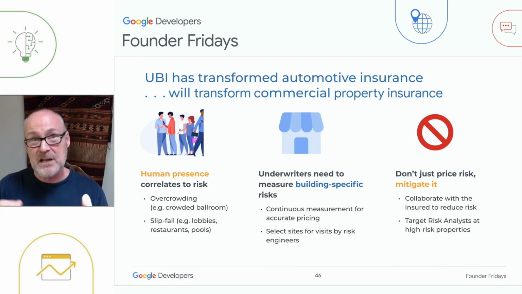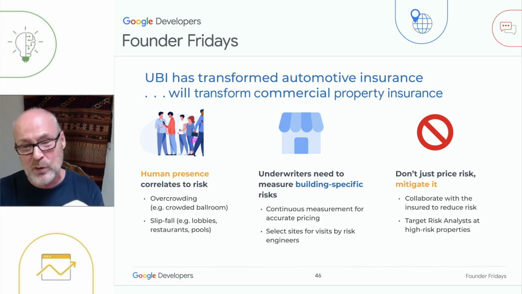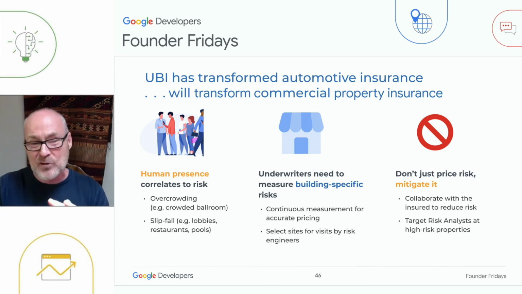We think of ourselves at Blue Zoo as telematics, not for automobiles, but telematics for buildings. Insurers tell us that the occupancy of people correlates to risk. So if we can measure the occupancy in buildings, we can better understand how much risk people present. And again, it's critical that this information be specific to a building and not just aggregated across all buildings of a particular type, as was the case with actuarial models.